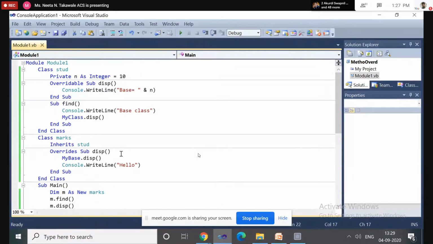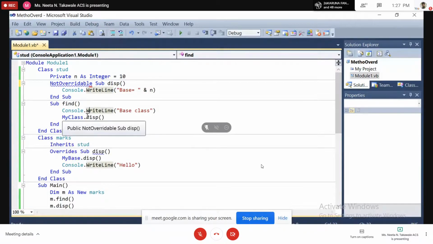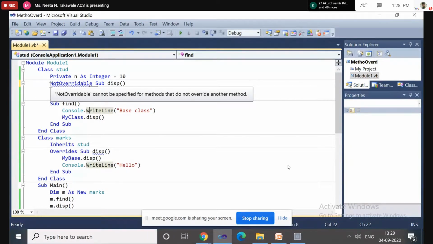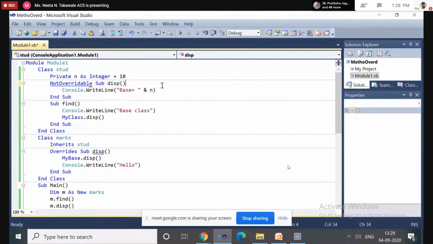Okay, now we'll discuss the use of the NotOverridable keyword. When I'm using the NotOverridable keyword, it is showing an error message: NotOverridable cannot be specified for methods that do not override another method.